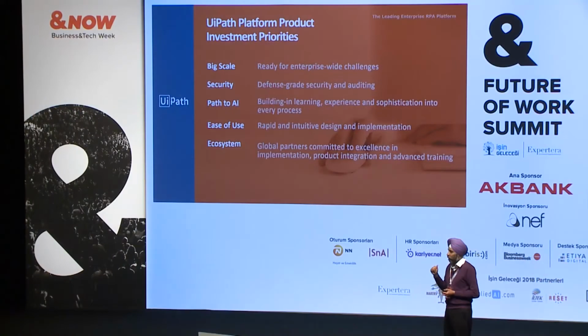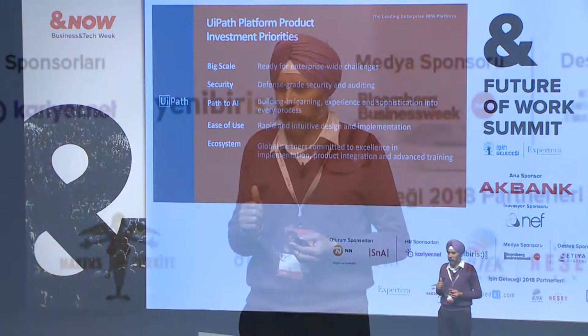So how have we taken that into account? For us, there are 5 priorities. That's what we focus on a daily basis. The first is scale. It goes back to how do you get RPA to be an enterprise-wide deployment? How do you ensure that when you look at a customer process, it will have different touch points? There will be human touch points. There may be chatbots in there. There are going to be robots in there. So how do you manage the transaction as it flows through and touches all these different interactions, and still get that complete visibility on an enterprise-wide level?